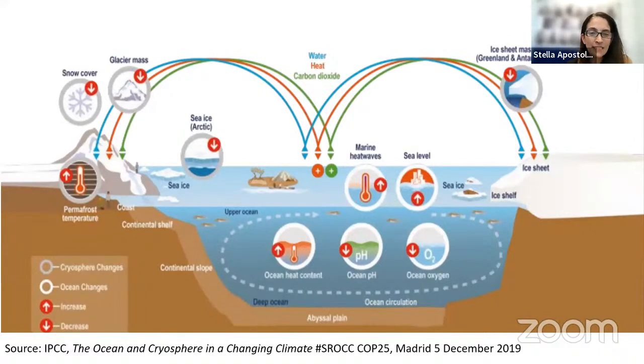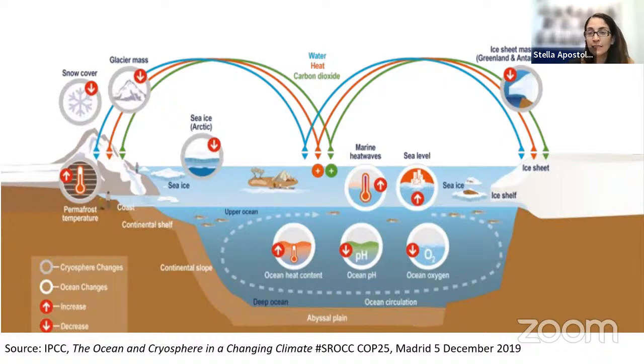In this slide, we can see the different interconnections, the interlinkages, as we referred at the beginning of the SDG 14 and the different ecosystems. There is obviously a direct link between all ecosystems on the planet, and there is a link between the cryosphere and the oceans. That's why the IPCC, the Intergovernmental Panel on Climate Change, has produced the report on the ocean and cryosphere in a changing climate,